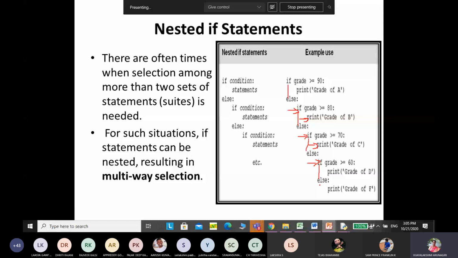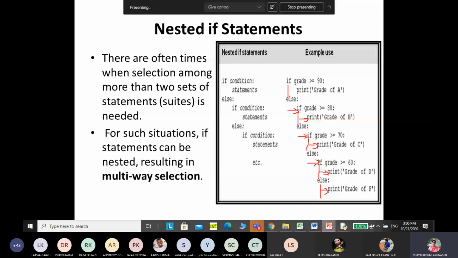Similarly for this else, this indent space. So the spacing is very, very important. Understand, any doubt?